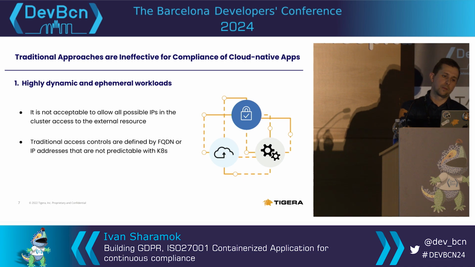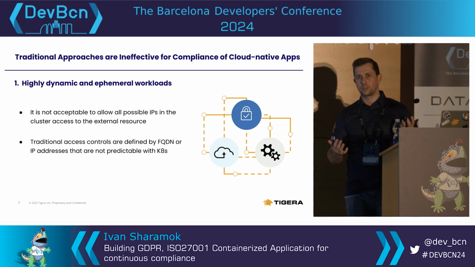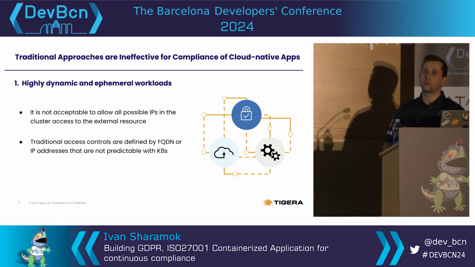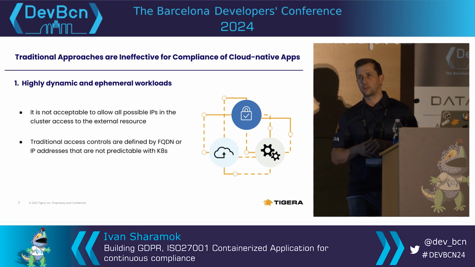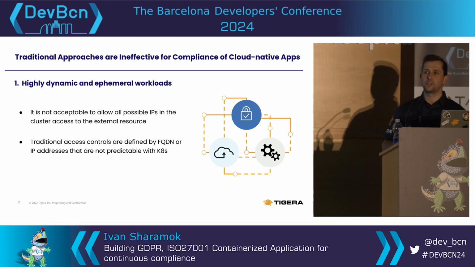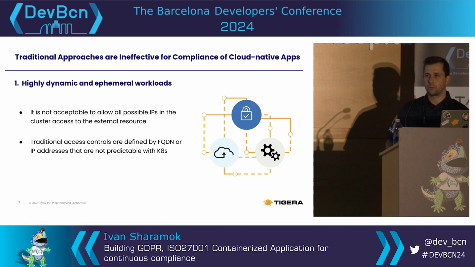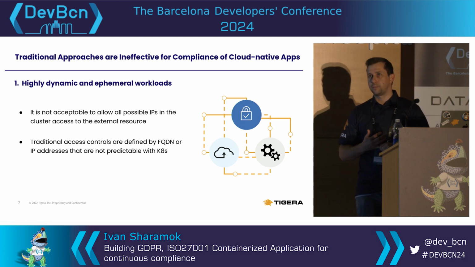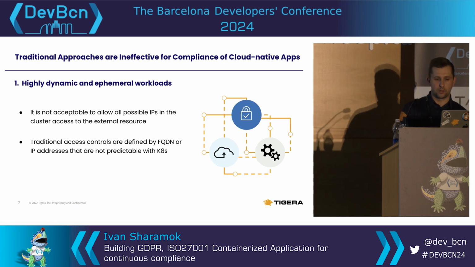Also, some of the controls defined in traditional firewalls, as an example, can use FQDNs. For Kubernetes, that is not that simple when you're asking whether a certain application can be allowed to talk to some FQDN. Maybe there is some SaaS service that the application consumes, or you talk to your databases in your network just outside of the Kubernetes cluster that are exposed through some sort of domain name. How do you prove that only your application was able to use that? So that becomes difficult in Kubernetes.